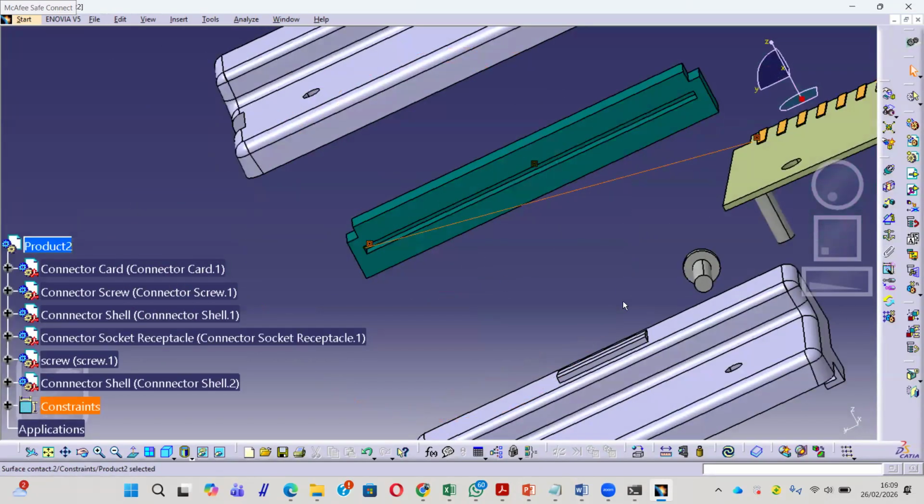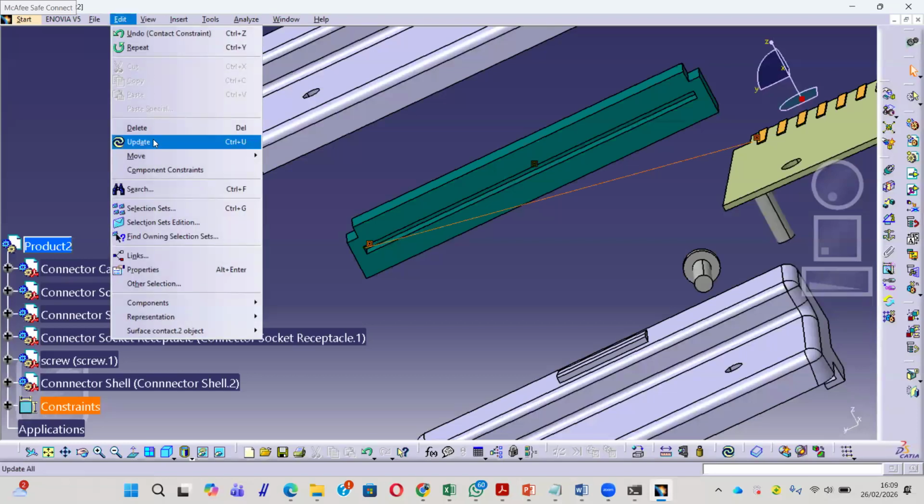After this, you can make an update to accept the constraint. Update is here, or you can use edit and then update.